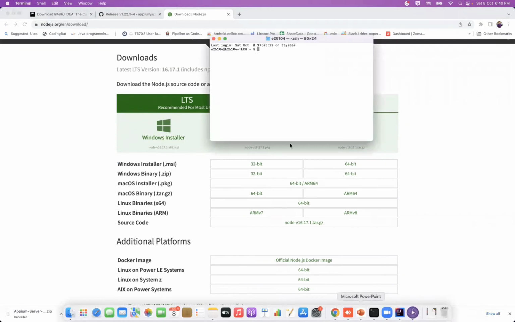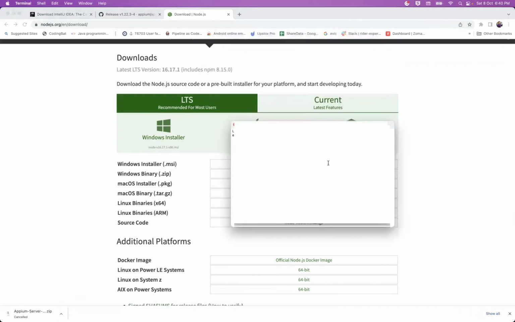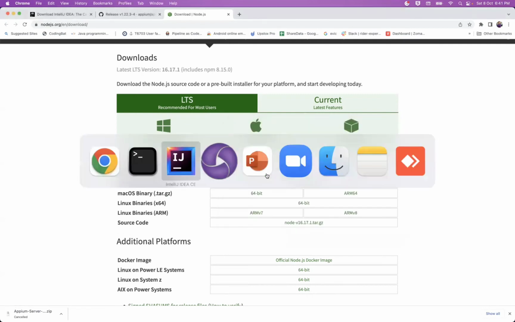After installing it, you have to go to your terminal and simply type node -v. See, I have already installed it. My version is 16.16.0. After installing it, you can check with this command, node --version. Okay. Let me go back to the